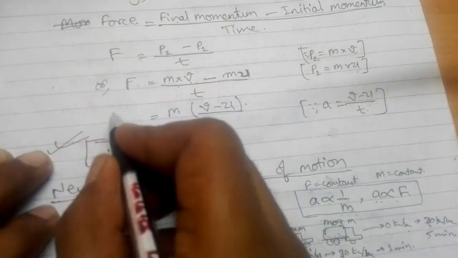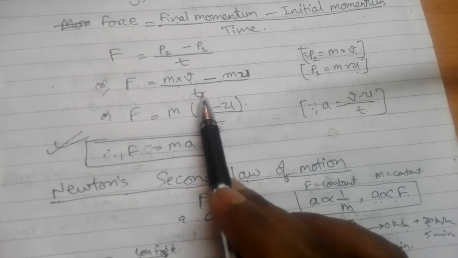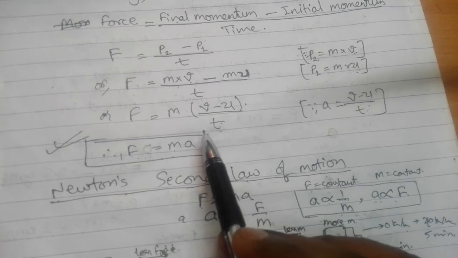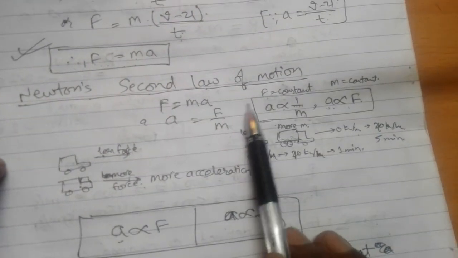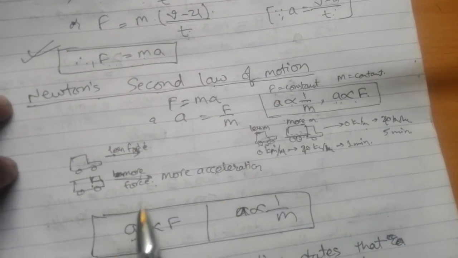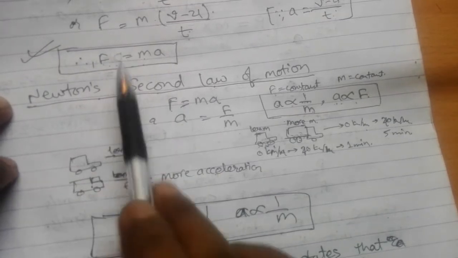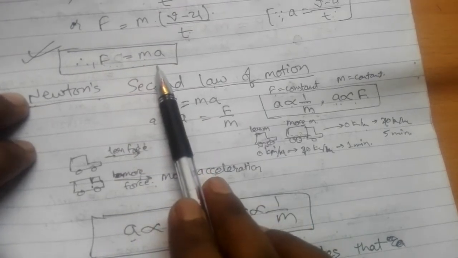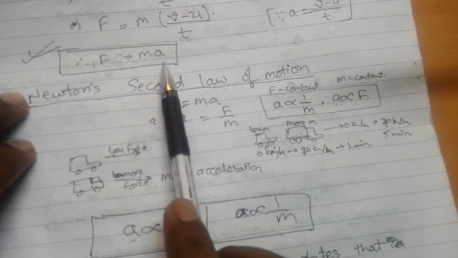Okay, or F equals (mv minus mu) by t. You can use this formula as well, or directly you can use this formula as well. Whichever step you use doesn't matter. Now based on this formula, Newton's second law of motion has been derived. Okay, many claim that this formula is derived from Newton's second law of motion. Many claim it, but I say Newton's second law of motion is actually derived from this formula, because I have seen